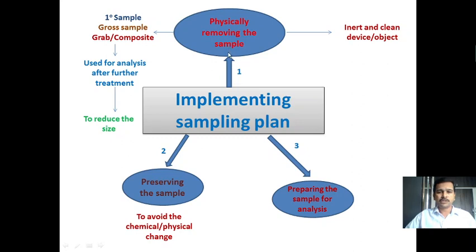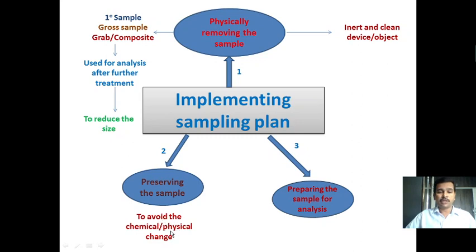Once the sample is physically removed from the target population in the first step, in the implementation of the sampling plan, preservation of the sample is also very important, because the sample is composed of several endogenous substances along with the analyte. Of course, we may be interested in the analyte in order to quantify it, but in the presence of many other species in the sample, once the sample is exposed to the atmosphere or made to interact with atmospheric components after the collection, there may be chances of converting the sample into another state. Therefore, this has to be avoided.